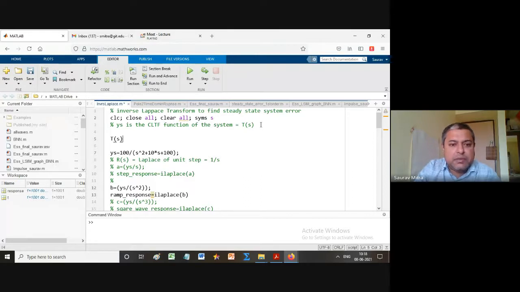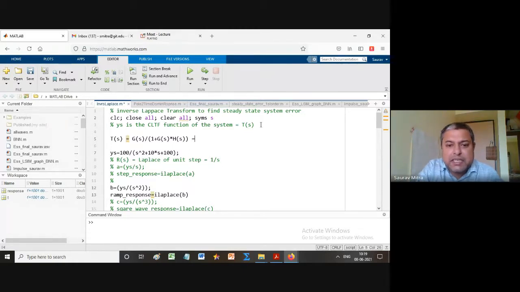So TS will be equal to GS divided by 1 plus GS into HS. I'm doing this just to explain to you, this is not a part of the code. This is a very important thing I'm telling you. This I did not explain. Here I'm finding the steady state error by the third method. The third method was not explained to you; I had only explained the first and second methods. So we will find it by the third method and verify with the first and second methods. So TS is equal to GS divided by 1 plus GSHS.